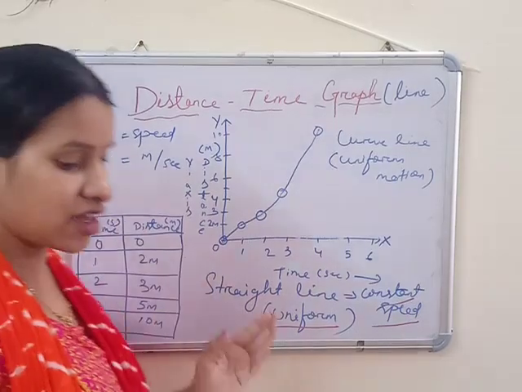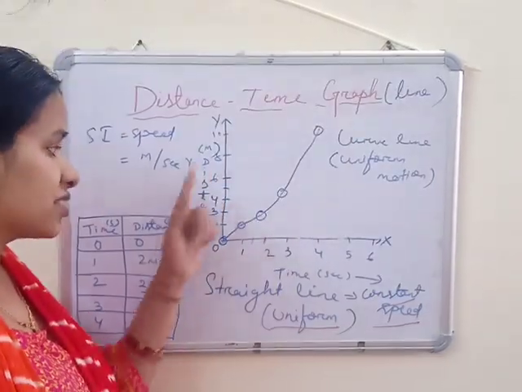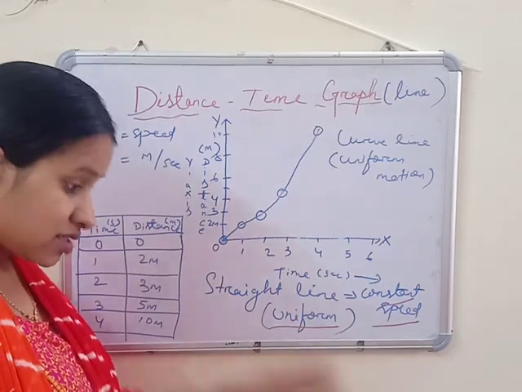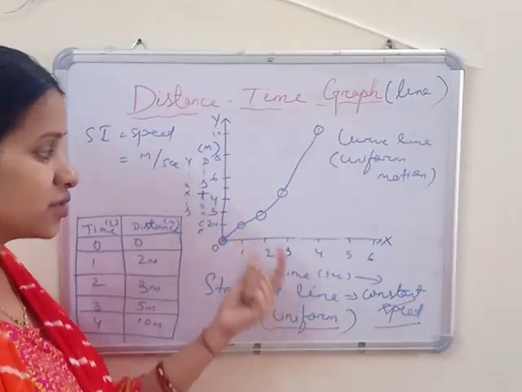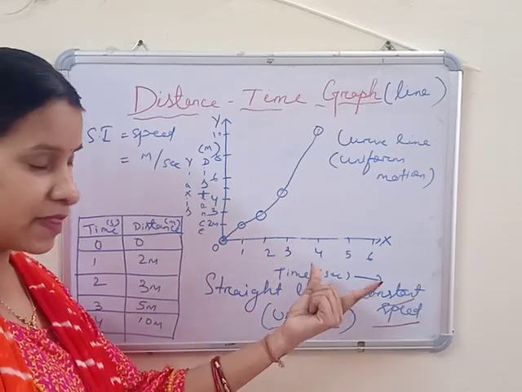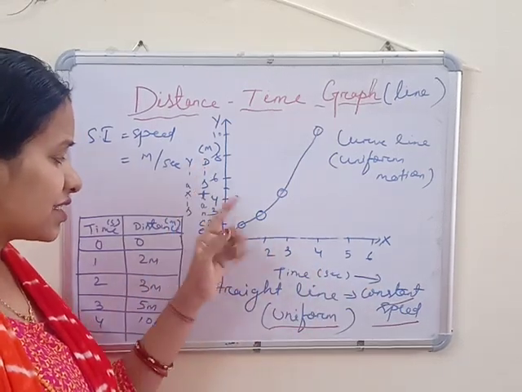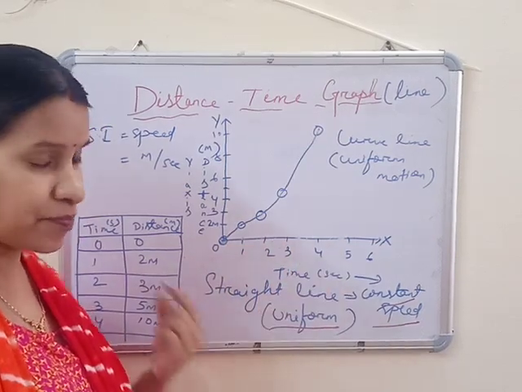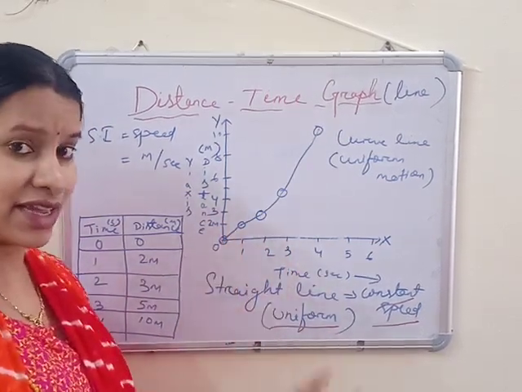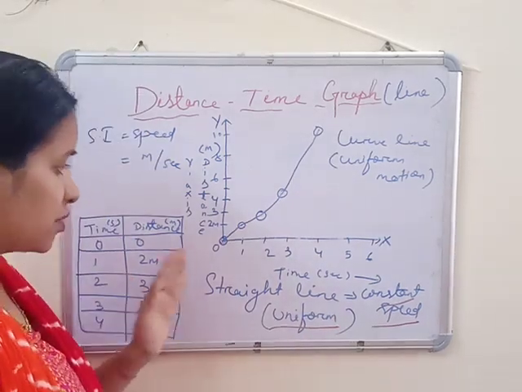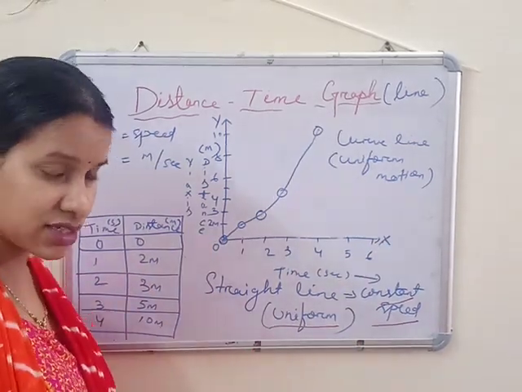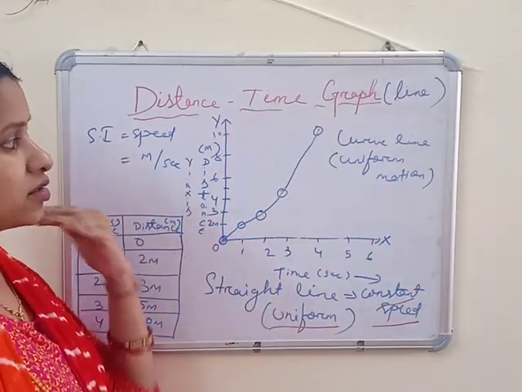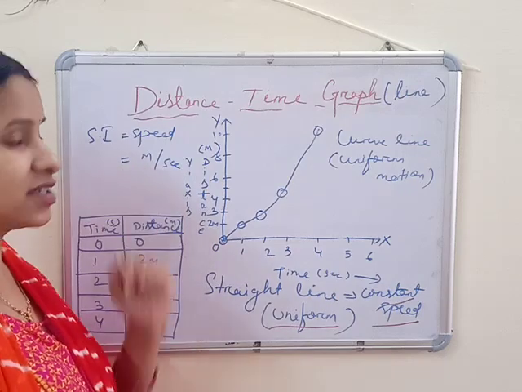So to draw a graph, first thing, x and y axis: write the time on the x-axis, distance on the y-axis. Then very important, choose a suitable scale. I mean the gapping should be the same. The gap of the y and x can be different, but the gap between each quantity should be the same, so that according to that scale all the data can come in the particular axis. Now put the data and join the points. You get the line graph for distance and time.